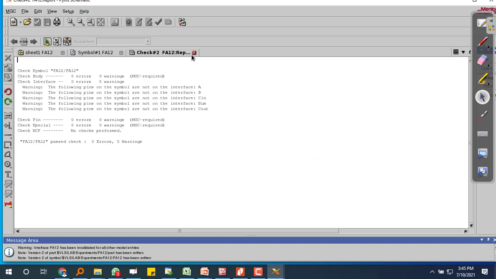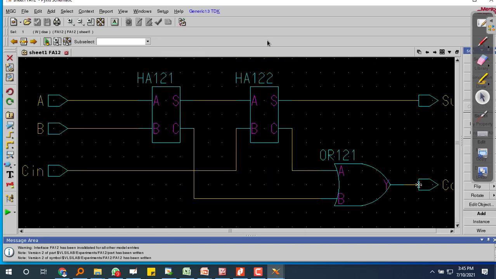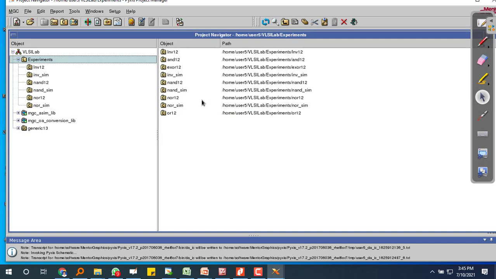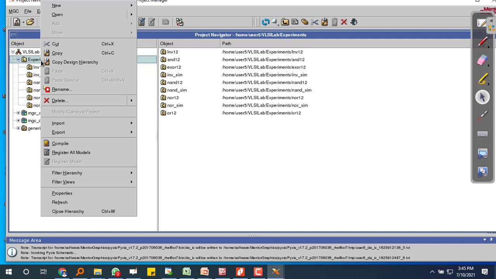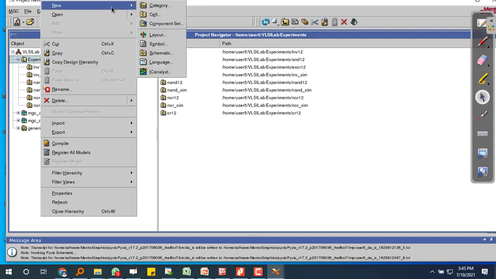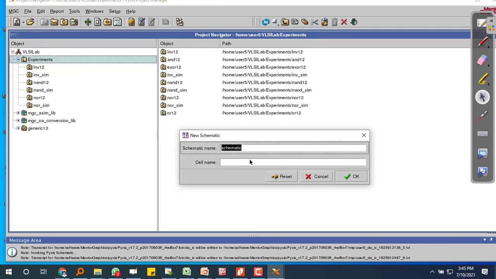Register it. Now I will be checking whether my full adder is working in line with the truth table or not. So I will be creating a new schematic for checking my full adder using the simulation part.